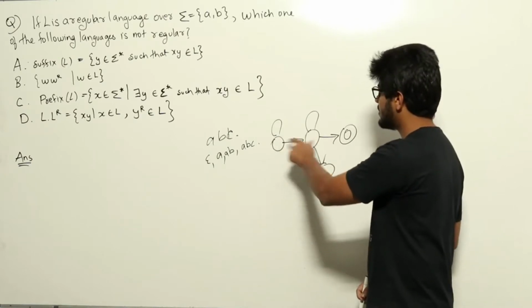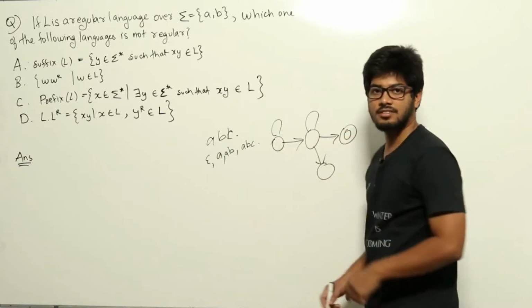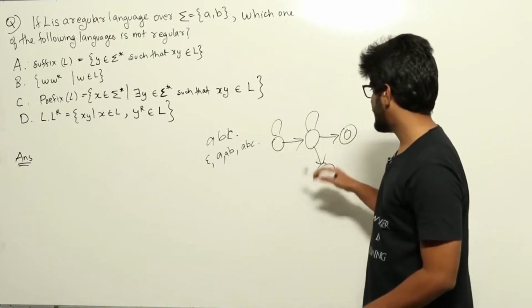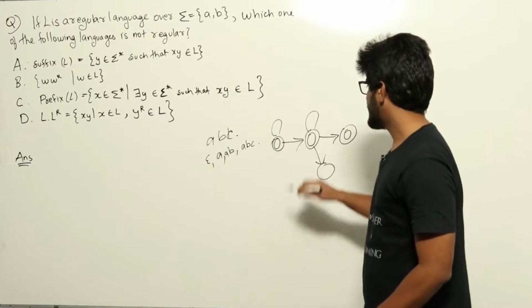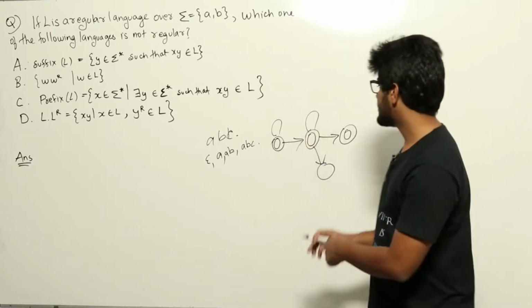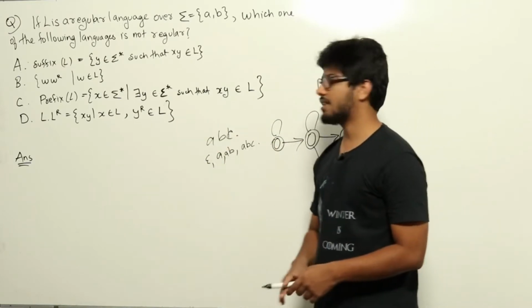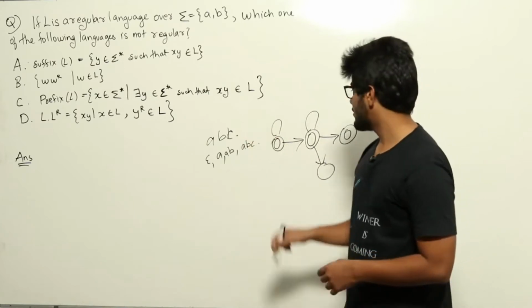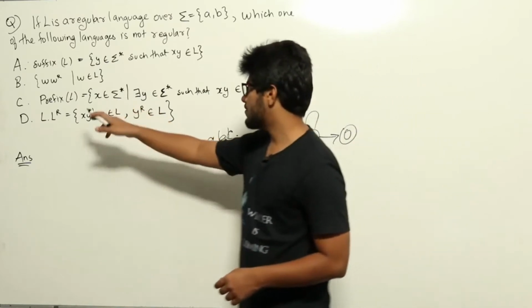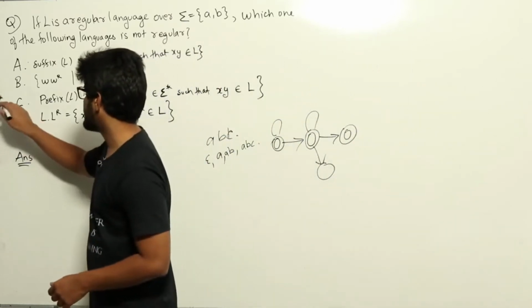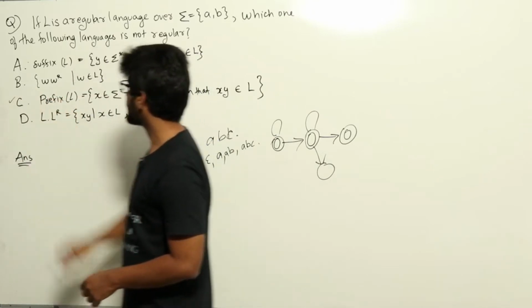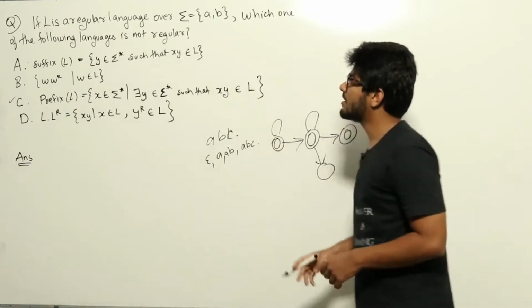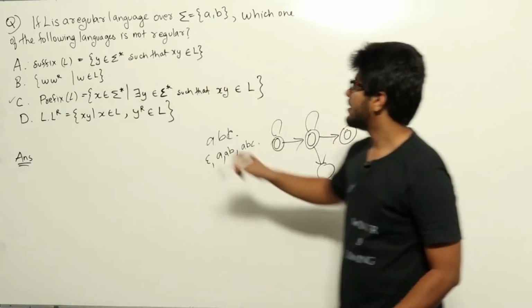From this state or this state, we can go to the accepting state. This is the accepting state. If we have a DFA for language L like this, and we make this state and this state also accepting, then this language will be the prefix of L. So this way we can show that prefix of L is a regular language because we have a DFA for it. So this is regular. Now if you look at A, that is suffix of L,